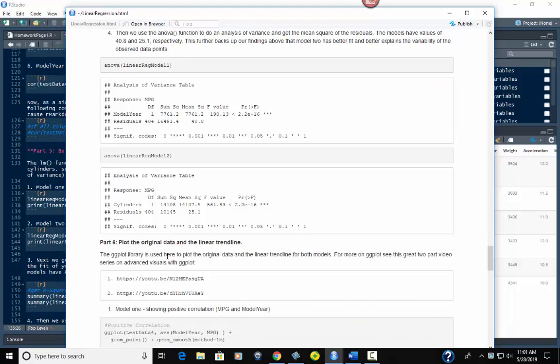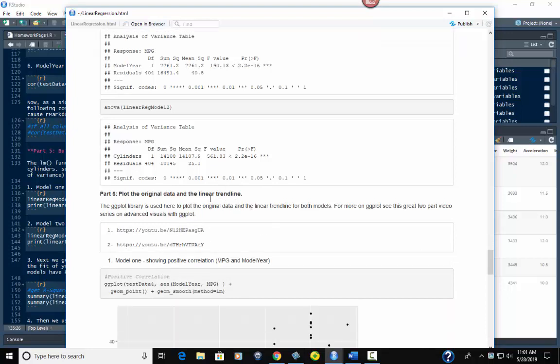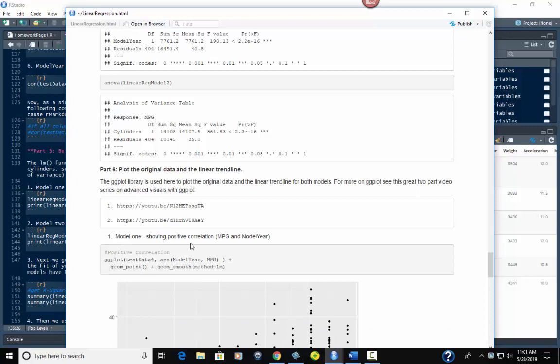Next, you want to plot the original data and the trend lines, right? I have some links in the code to other YouTube videos I have that show you lots of ggplot functions and how to use ggplot. So that's not what this video is about. If you want to learn more about that, please go watch those videos. But right here, we're just going to use ggplot and a simple one. We're using our data set with the NA values removed, model year versus miles per gallon, geom_point,